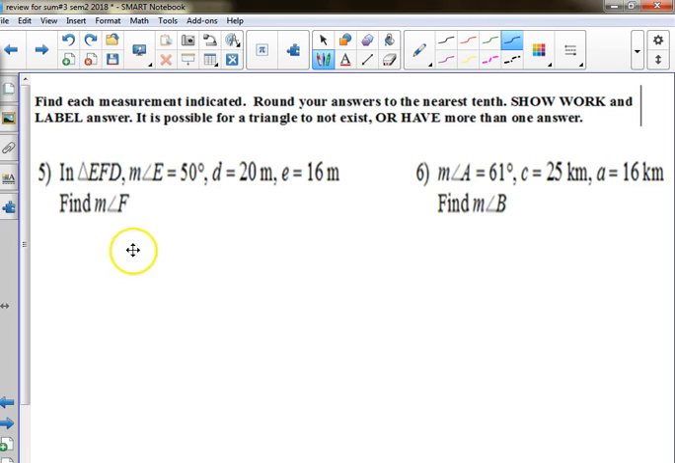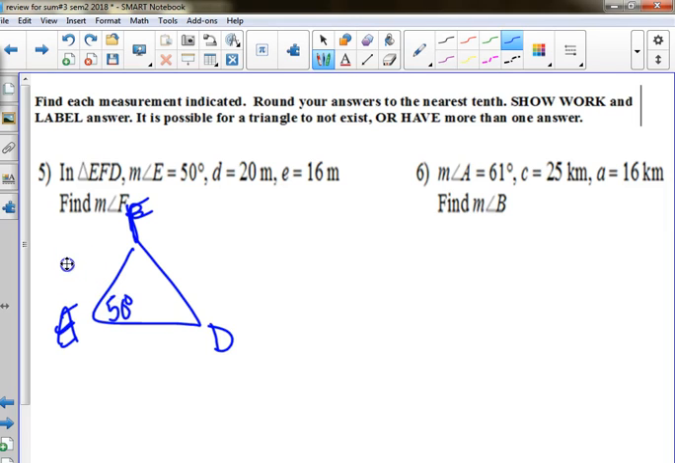This one? A, B, oh, E, F, D maybe? E is 50 degrees, D is 20, side E is 16. We want to find angle F. Gross. Because we can't find angle F right away, can we? We got to find angle D first. All right. Angle D